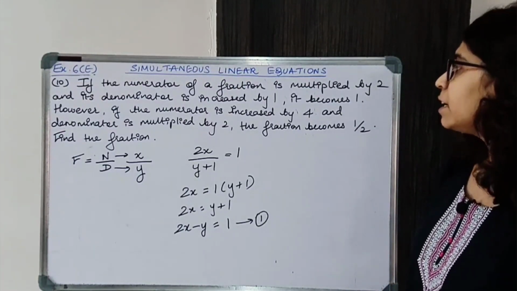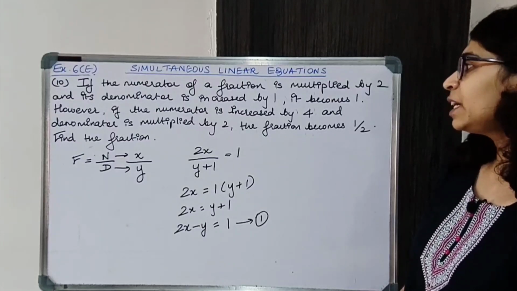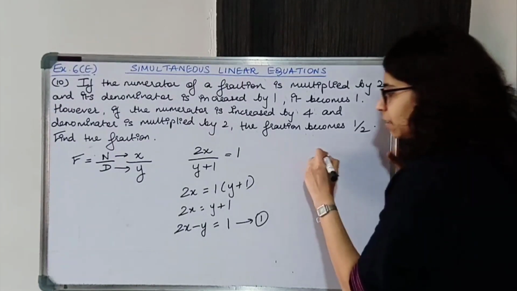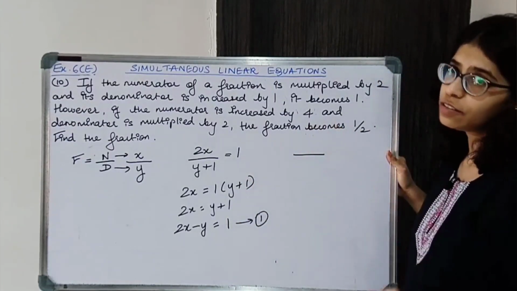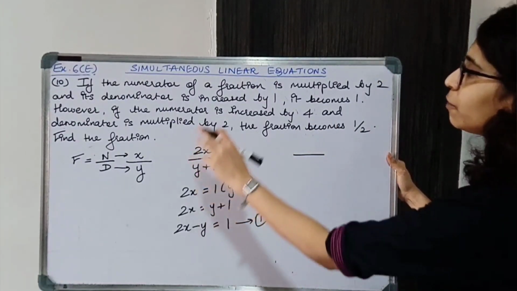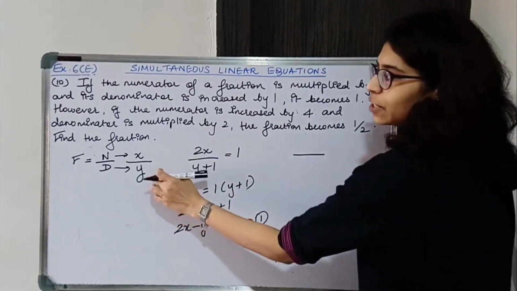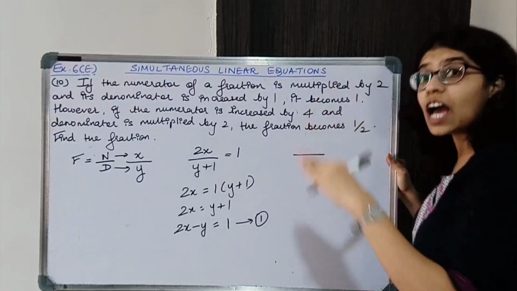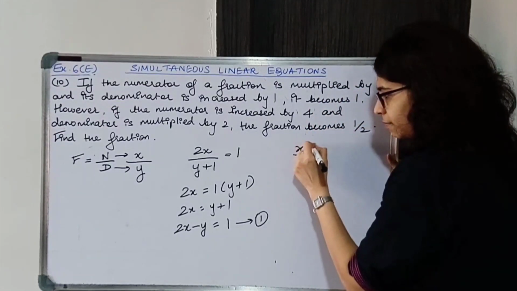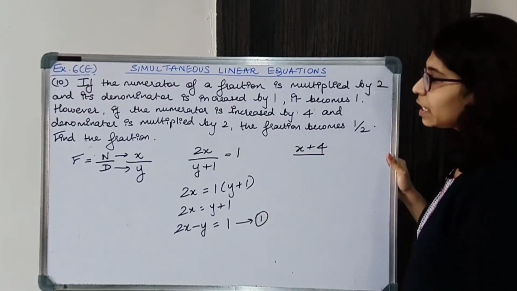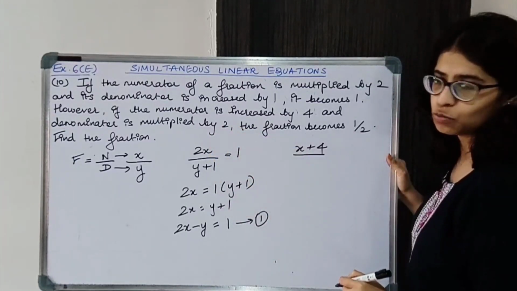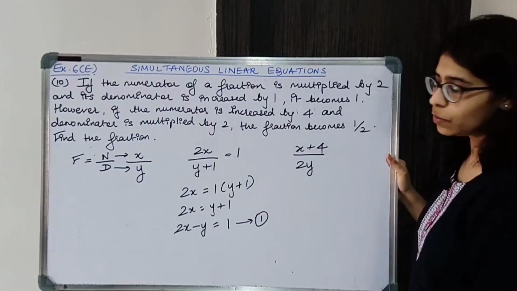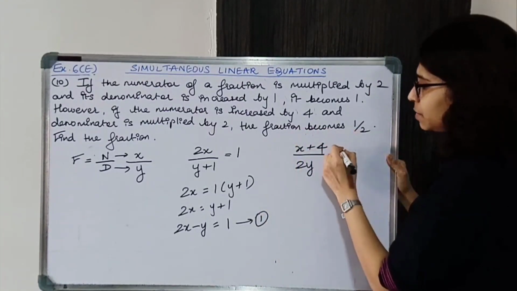However, if the numerator is increased by 4 and denominator is multiplied by 2, the fraction becomes half. Again we are considering a fraction but we are modifying the original fraction. So if the numerator is increased by 4, original fraction consider karo, numerator is increased by 4, that is you are adding 4, okay, and the denominator is multiplied by 2, denominator is y, so you are multiplying by 2y, the fraction becomes